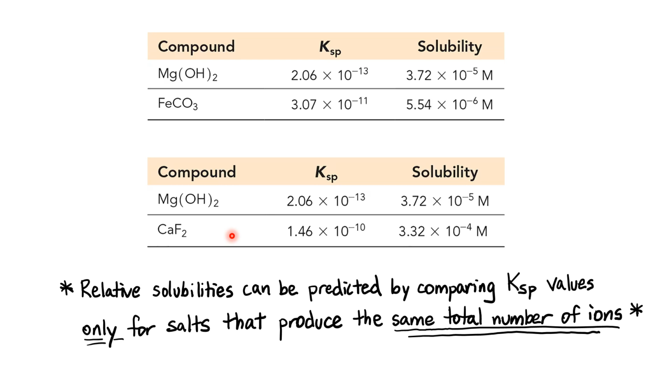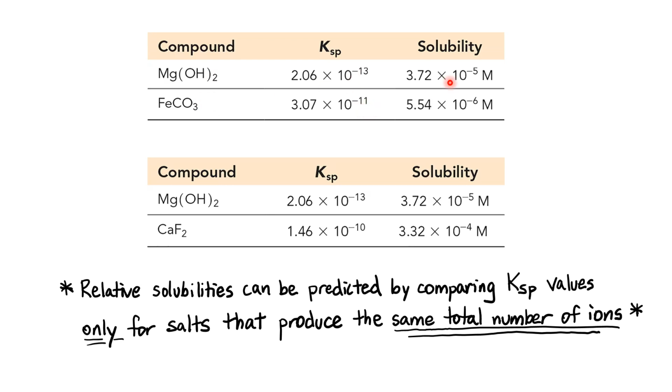We're going to look at some math problems related to this concept to actually show you what I'm talking about. Right now, I'm just telling you conceptually that if you have 2 ionic compounds that produce the same amount of ions in solution, and you're trying to figure out which one's more soluble than the other, which one breaks up more into its ions, when the ionic compounds you're comparing produce the same moles of ions, you can compare their KSPs. But notice in this case, these produce different amounts of ions, and you can't just easily compare their